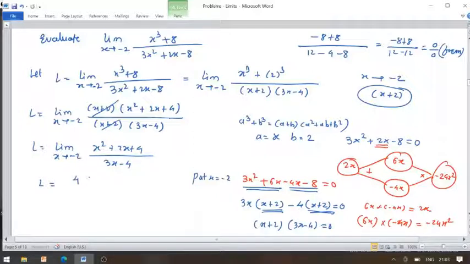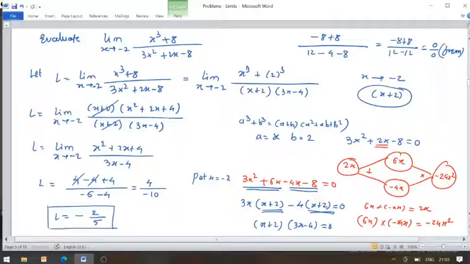2 2s are 4 plus minus minus of 4 plus 4 divided by 3 2s are 6 plus minus minus 6 minus 4 plus 4 minus 4 getting cancelled. 4 divided by, we have a minus of 10. So try to convert it into the least form of rational. We are having minus of 2 2s are 4 and 2 5s are 10. So our final answer becomes L to be a minus of 2 by 5.